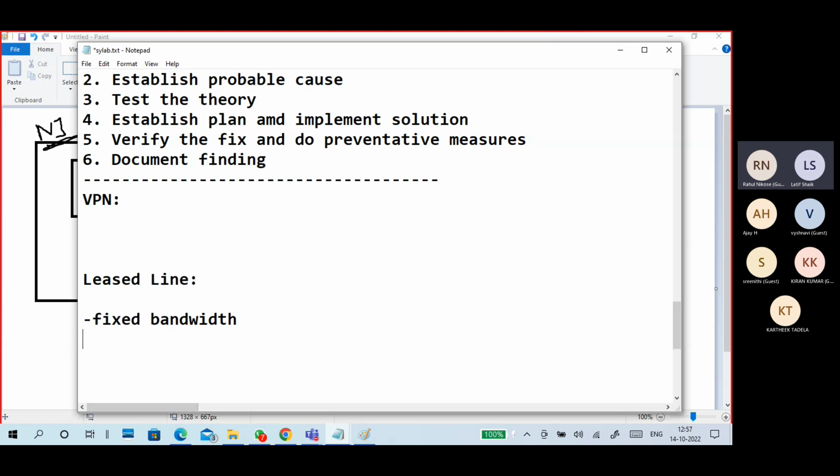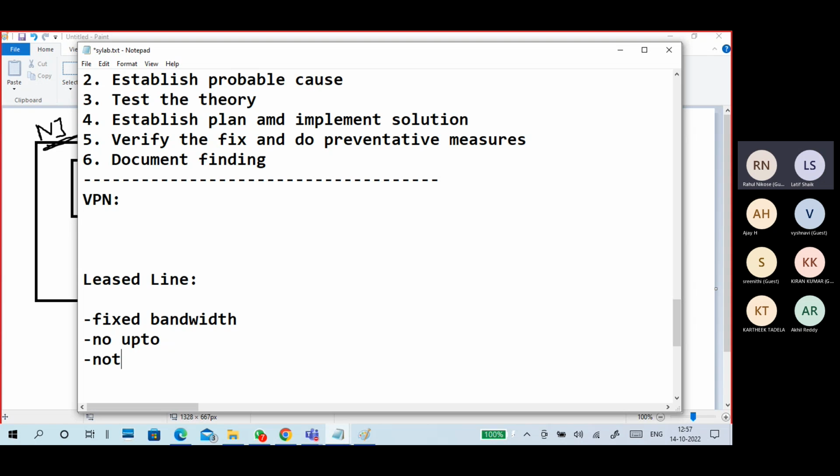Fixed bandwidth. There is no "up to" kind of stuff. Broadband has an "up to". Broadband and leased lines are different; leased lines have no "up to" kind of stuff.